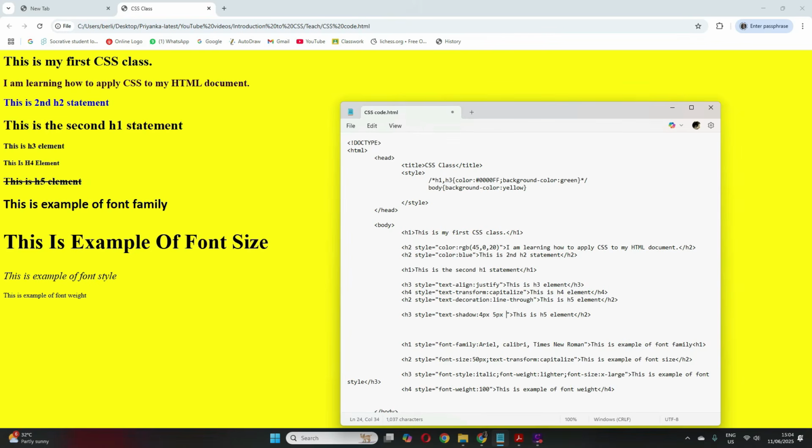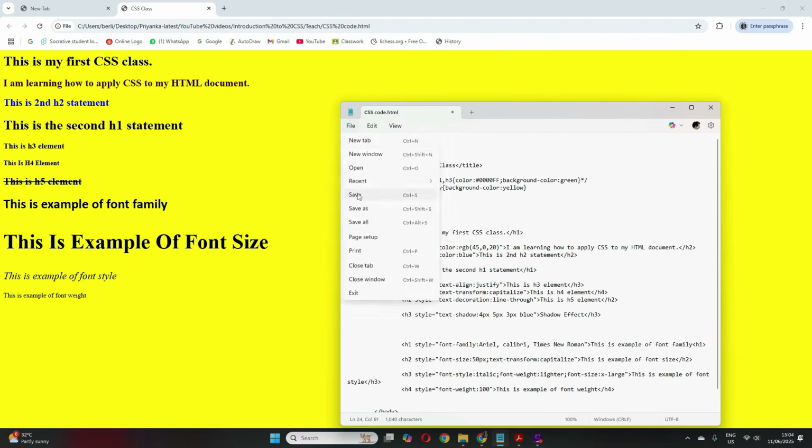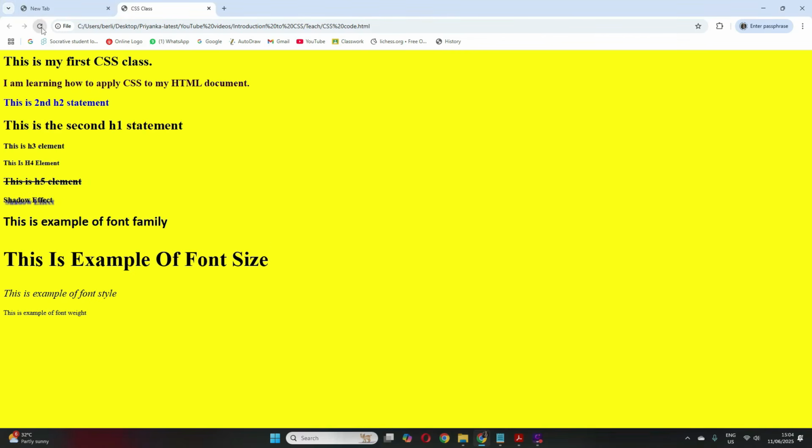Then the blur radius you can also give if you want, or you can omit it, and the color, maybe I want blue. I'll write here shadow effect. This is H3, so let me change it. Now let me save it and see how it comes.